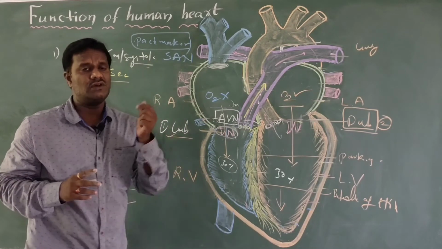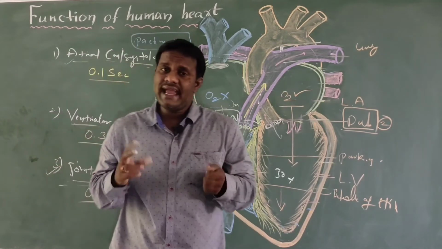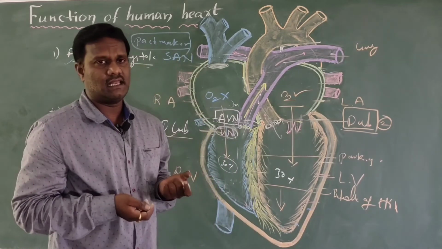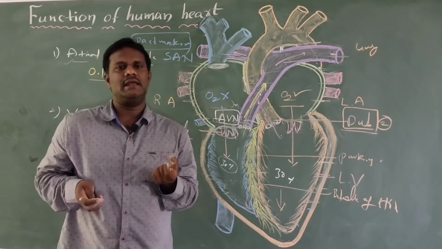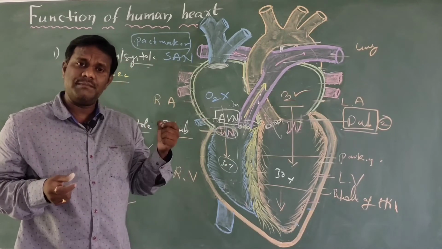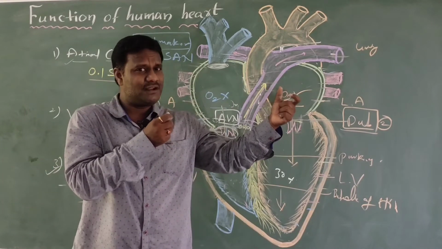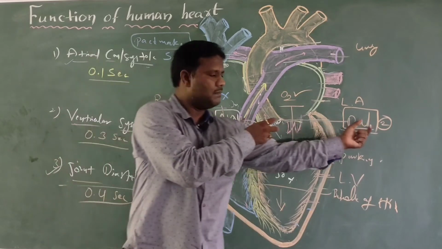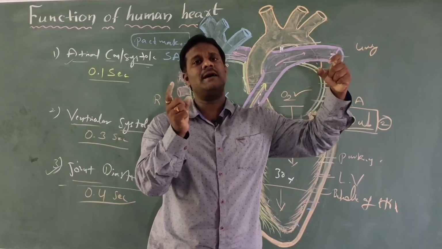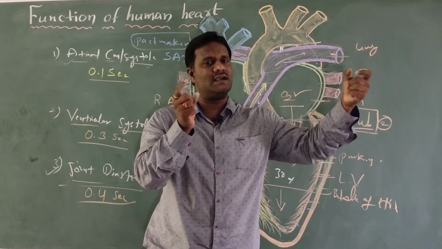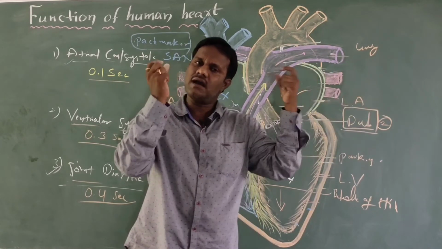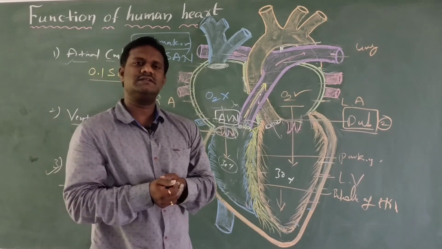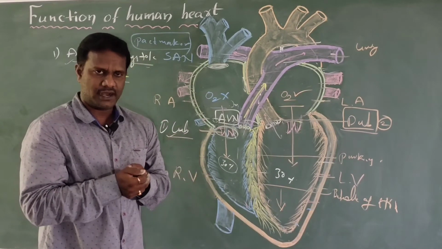Right now we have one definition: cardiac cycle. What is the cardiac cycle? It is the process in between one heartbeat and another heartbeat. One heartbeat, what Nana? Lub, dub is one heartbeat, and the process until the next heartbeat, lub, dub. This is called one cardiac cycle. This is important for the examination point.